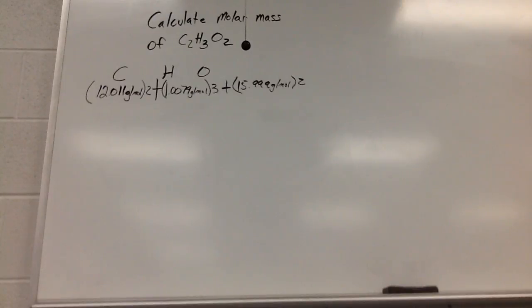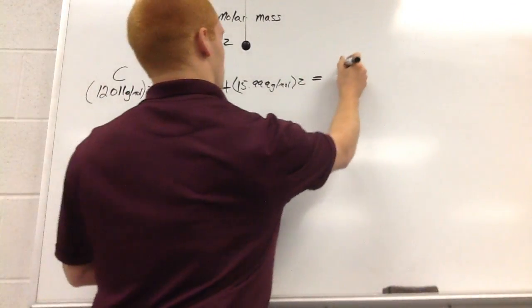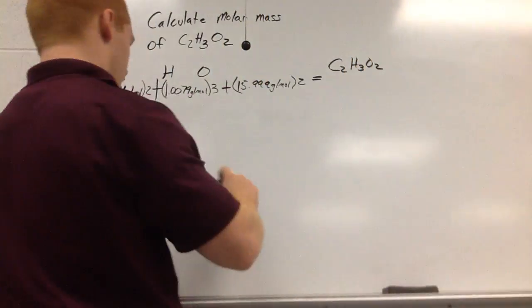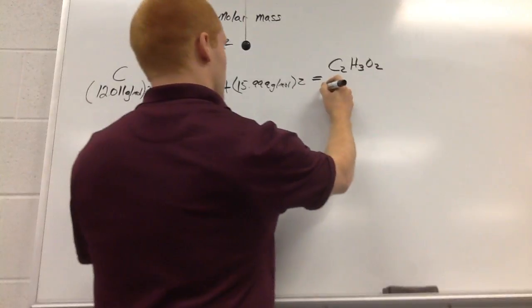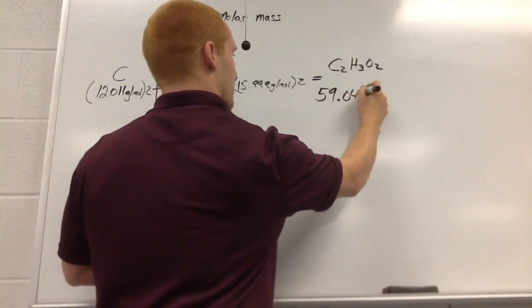Where's my calculator? So if you add 12.011 times 2 plus 1.0079 times 3 plus 15.999 times 2. This will give you, so this will equal C2H3O2, and then underneath I'm going to write the number. So the number is 59.0437